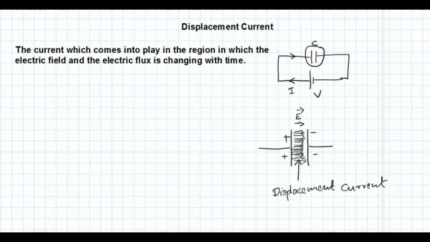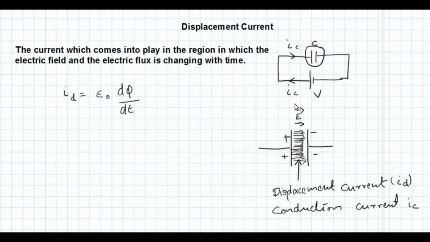So the current produced in this field is called displacement current I_D. The normal current is called conduction current. The current which is coming out of this cell is called conduction current. For the time being we may write it as I_C. So through the circuit the current is due to I_C and